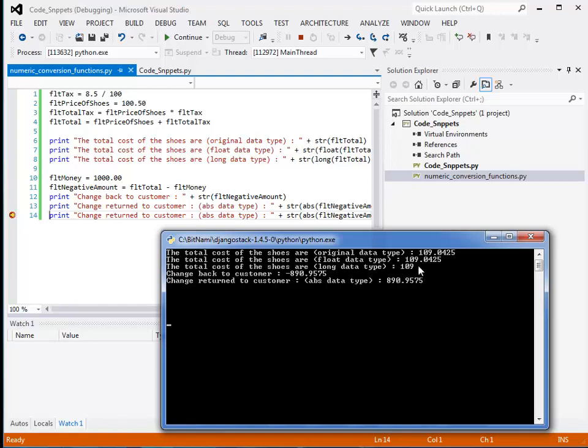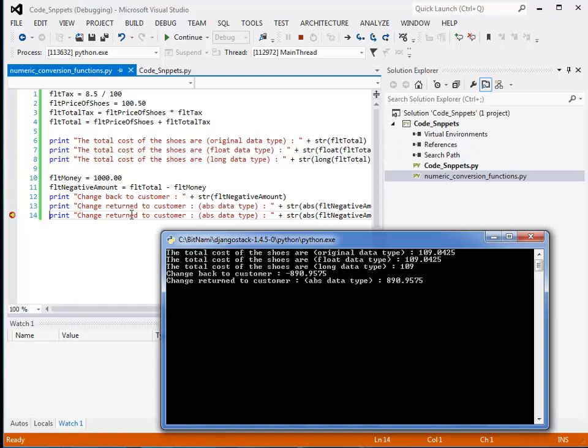Line 8 shows the third line, whereby the actual decimal point is truncated simply because I am utilizing a long conversion data type. Then I go to my calculation of having money and subtracting the amount that I have from my total amount. So that generates a negative number of